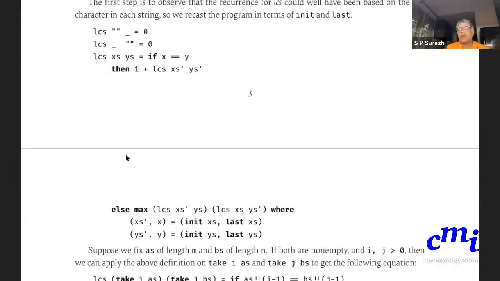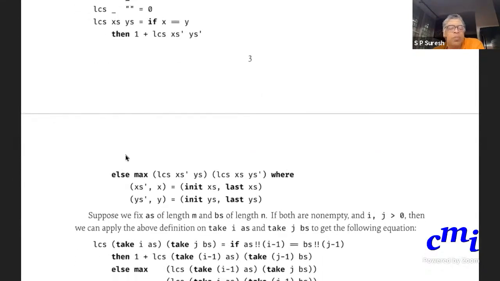The same thing as earlier, except that x's prime, x is the init and last of x's, and y's prime, y is init and last of y's. Okay, the same thing as earlier, except that instead of using head and tail, we are using init and last. Okay, great. Now suppose you define